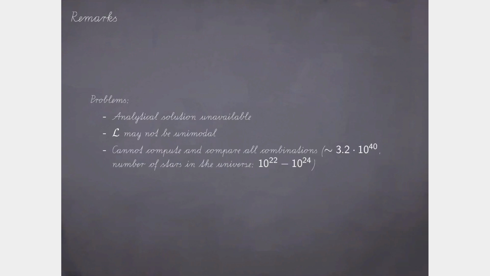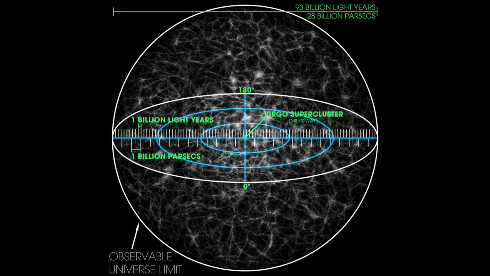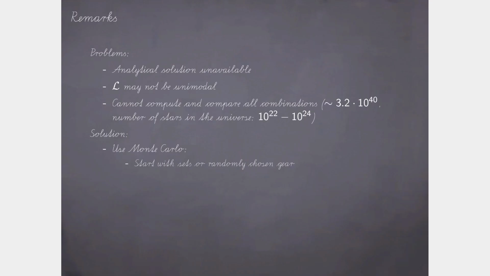Thirdly, and luckily, the number of item combinations is just slightly larger than the number of stars in our observable universe. Just to visualize this, here is a simulation of our observable universe. Now imagine that there is a multiverse with 10 to the power of 17 universes like ours. The number of stars in this multiverse equals the number of item combinations. And all these stars we would have to check with our formula. Only a minor inconvenience. We can solve some of these obstacles.